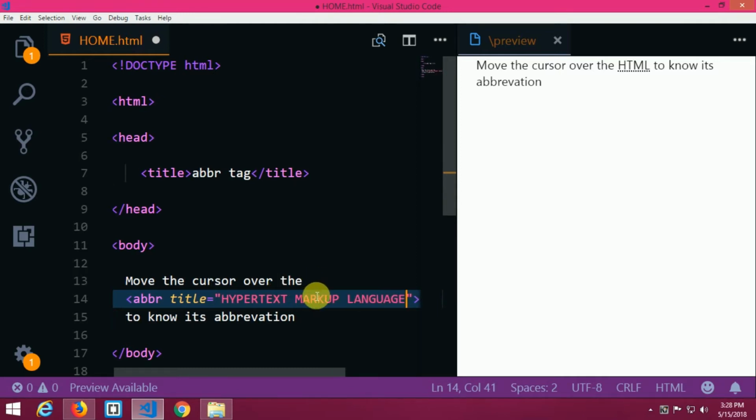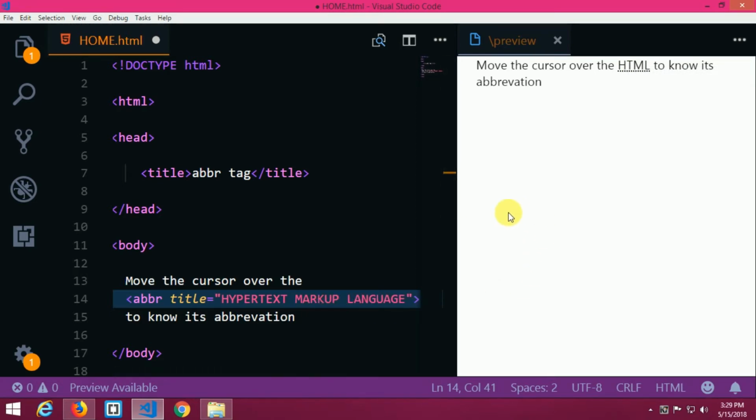Visibly you cannot see any change. The only change you can see is a dotted line below the HTML text in the preview. It says move the cursor over HTML to see its abbreviation. When I keep my cursor over HTML, it shows hypertext markup language.